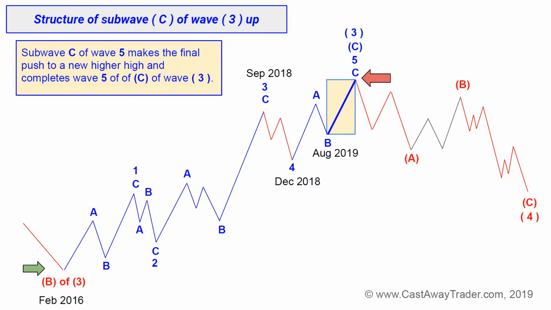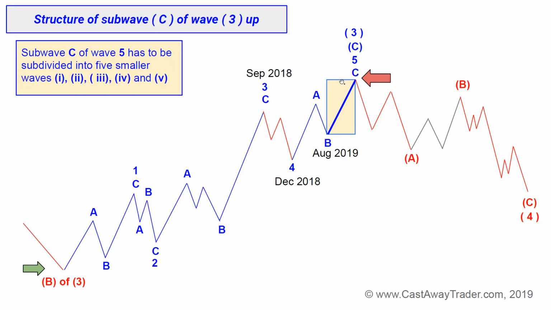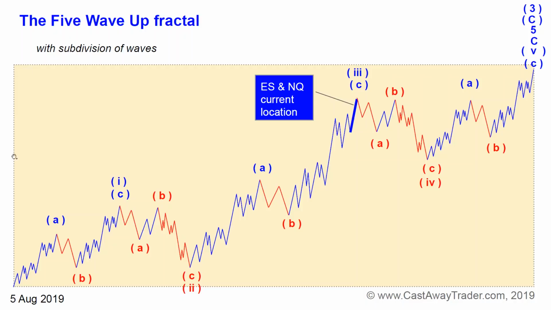Now let's see what the final move would complete that rally. And this is subwave C of wave 5. I highlighted it in a yellow box. Now we're gonna see the microstructure of that specific move, because once that micro move gets completed, it will complete the whole rally. It would be the last nail into the casket of the bull rally. This is that yellow box.